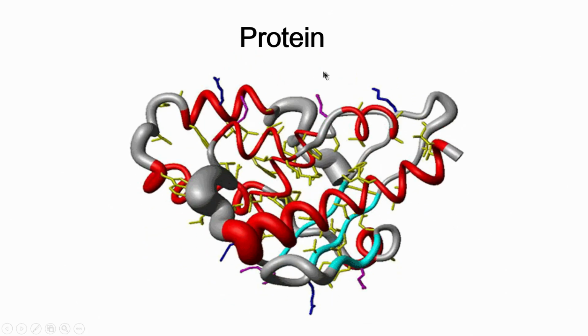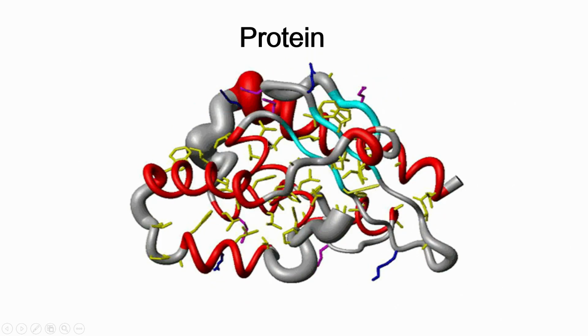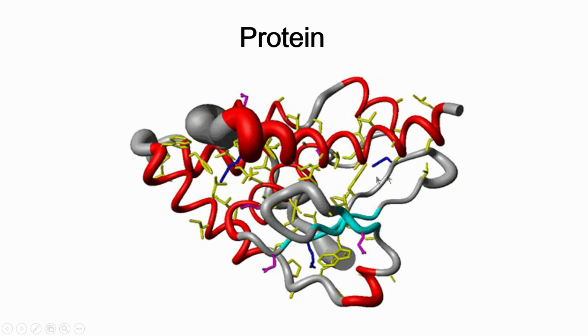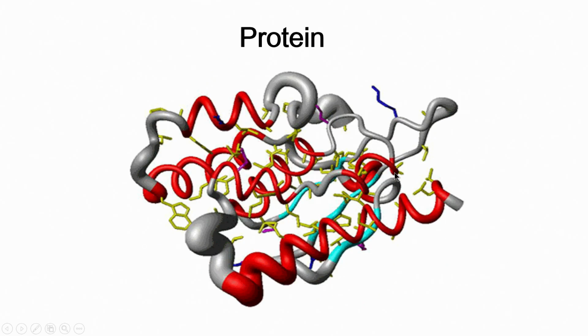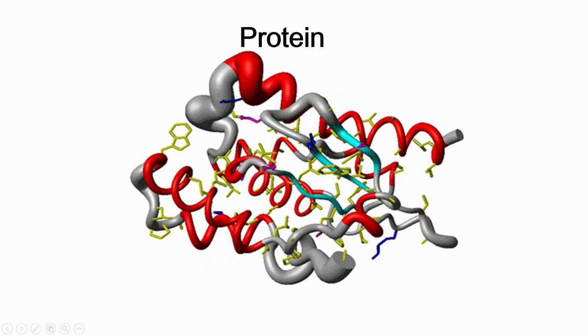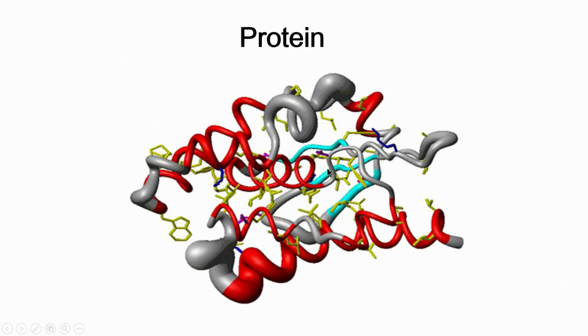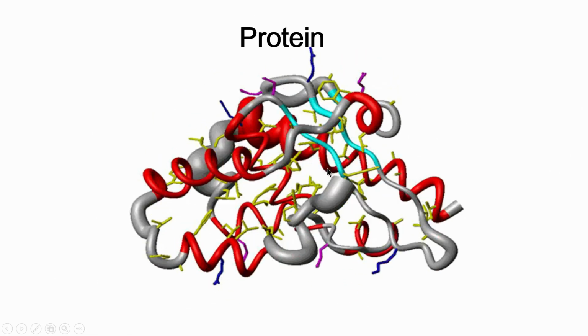Whereas, on the surface you will have more hydrophilic amino acids, like this blue color here is lysine, glutamine, aspartic acid, asparagine, and so on. So, that is the interesting part in a protein, that the inside is hydrophobic, outside is hydrophilic,